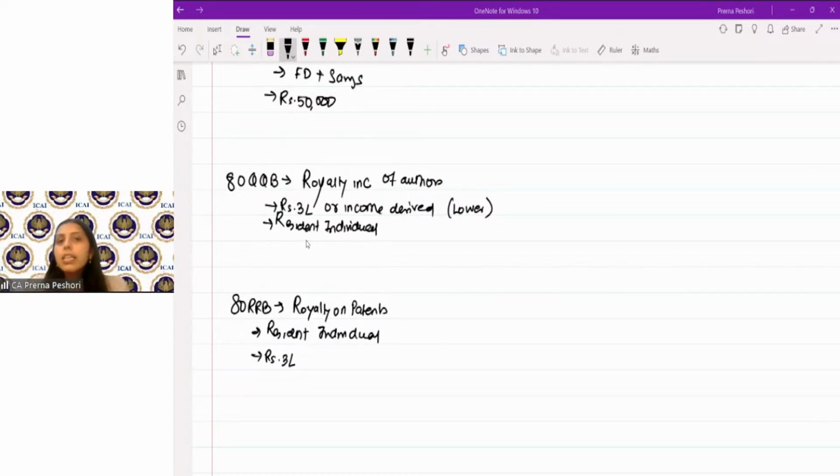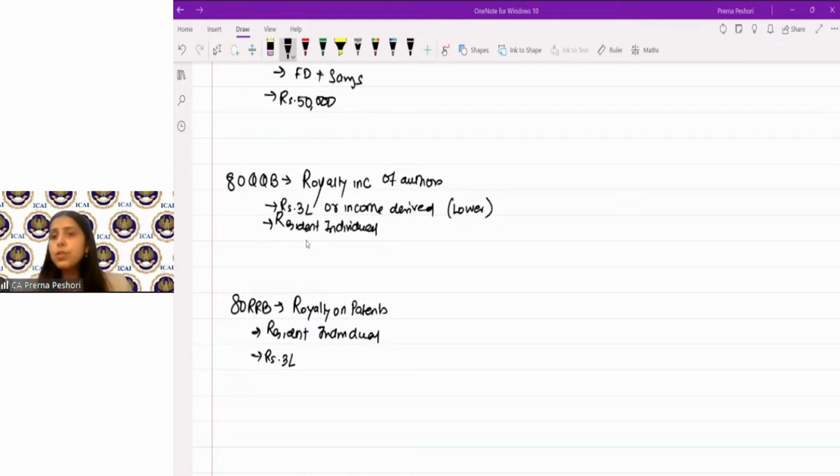Now 80P and 80PA are in respect of the cooperative society and producer company. This we can definitely do while we are covering the assessment of various entities topic. 80M is for the dividend. Again, that we will do in the next class. And the last is 80JJAA, which is for the employees. That also we will do in the next class. Other than that, we have finished everything.